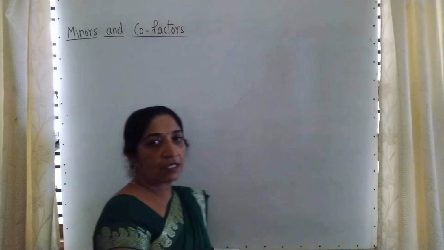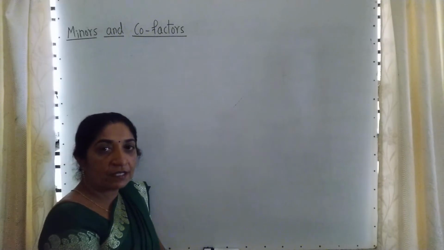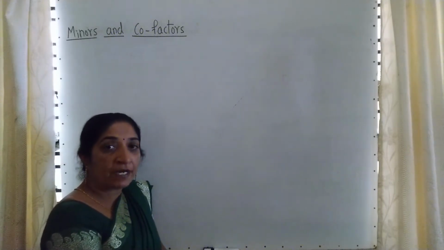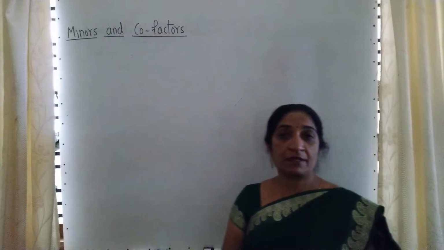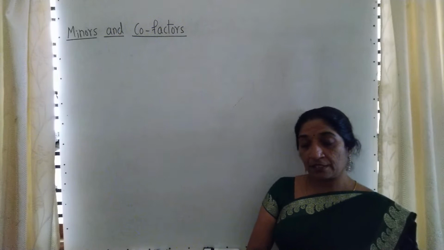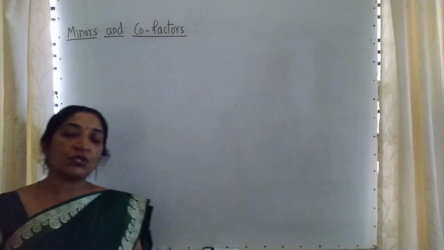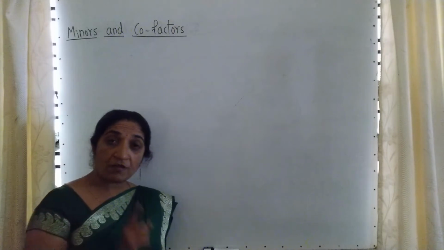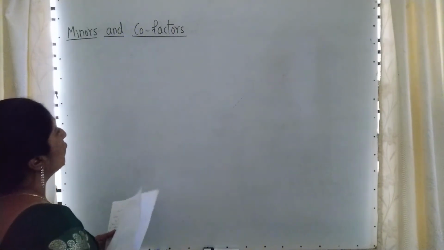See, in today's class I am explaining the important concept, that is minors and cofactors. Using this concept of minors and cofactors, we solve examples under the name matrix method, and that is very important for Karnataka theory exams, because in Part D you will get one question for 5 marks, definitely, on the matrix method. So let us start with minors and cofactors.